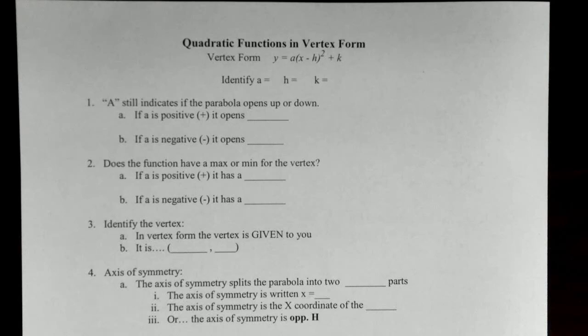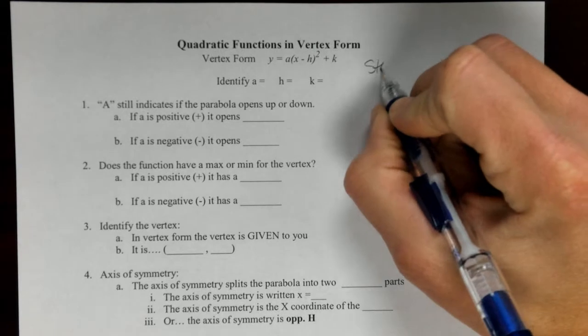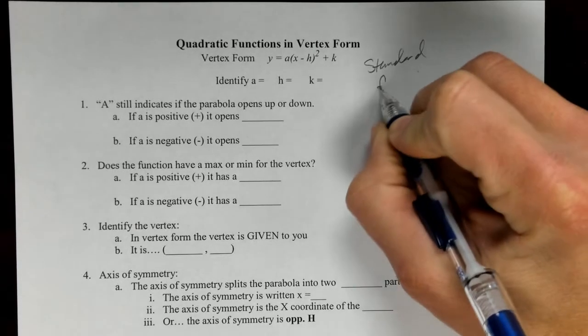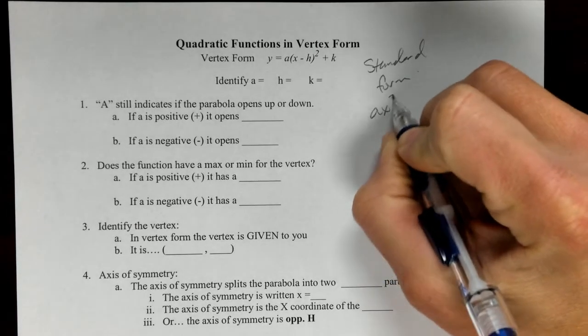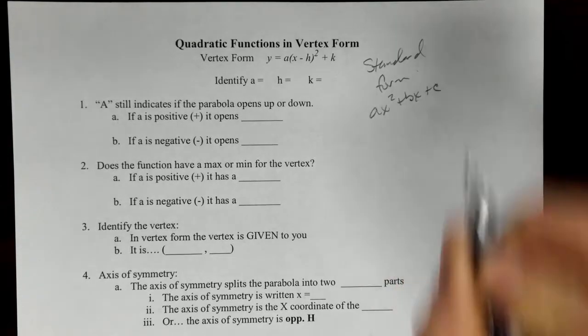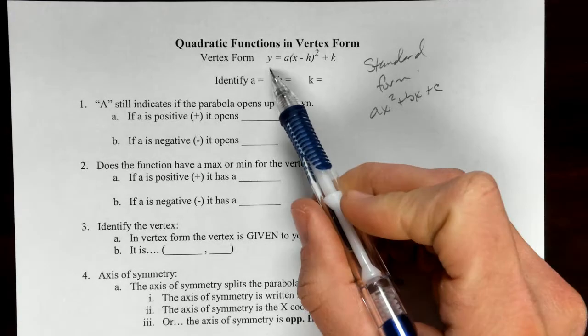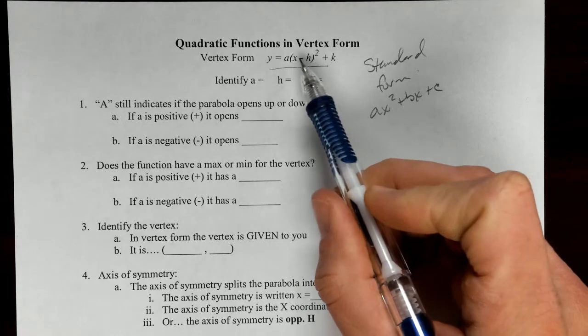Alright, my potty people, today we are looking at the vertex form of a quadratic. We have learned standard form thus far. Again, standard form is ax squared plus bx plus c. Today we are learning vertex form, which is a parentheses x minus h